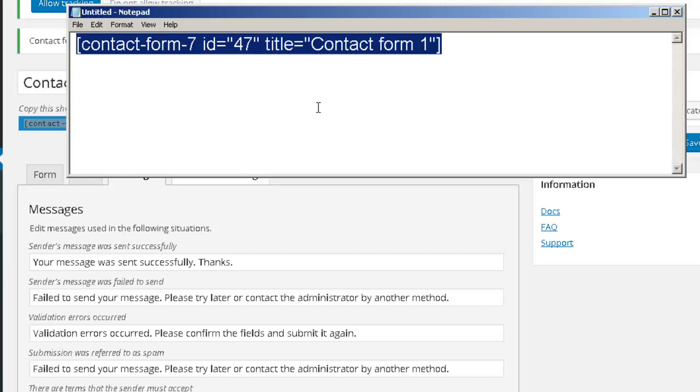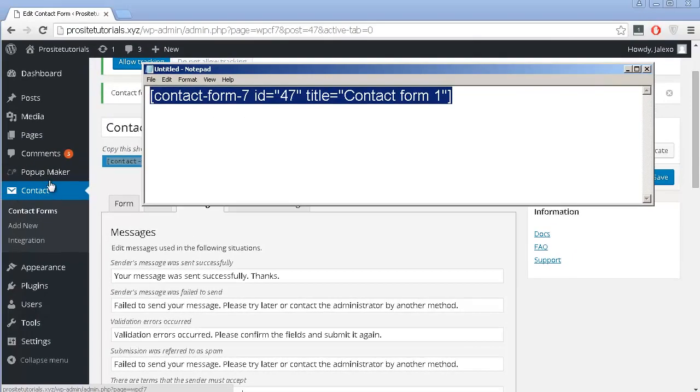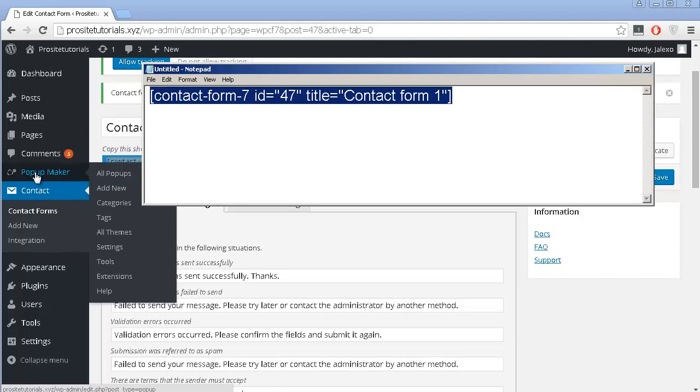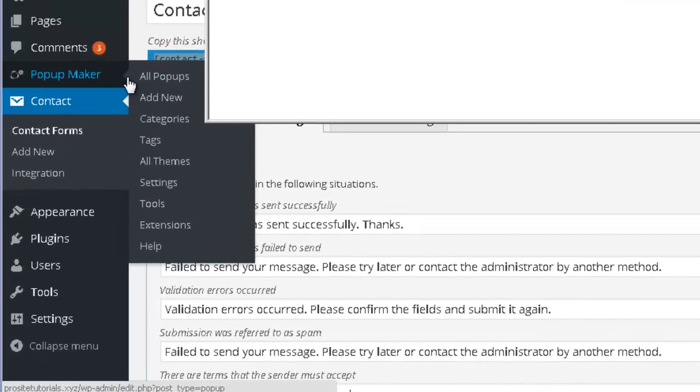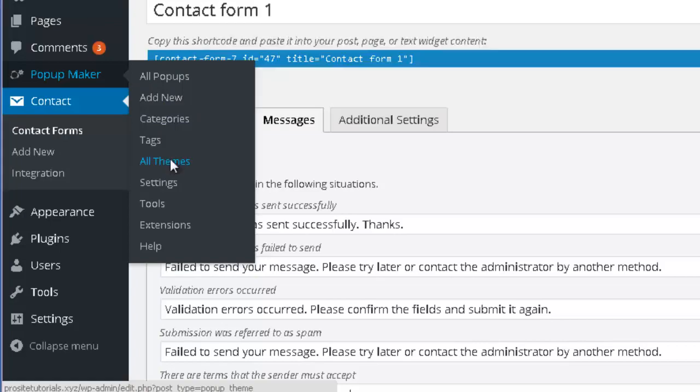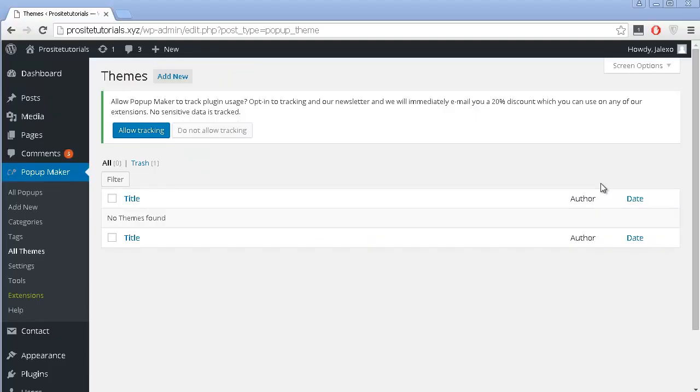Okay, so once you have that done, what you want to do is configure your pop-up maker options. So the first thing I'm going to do is simply go to all themes and click on this option. In all themes you can create the design that you want for your window, and this is the window which will pop out for your visitors. So for you to create one, you just click on this button that says Add New,